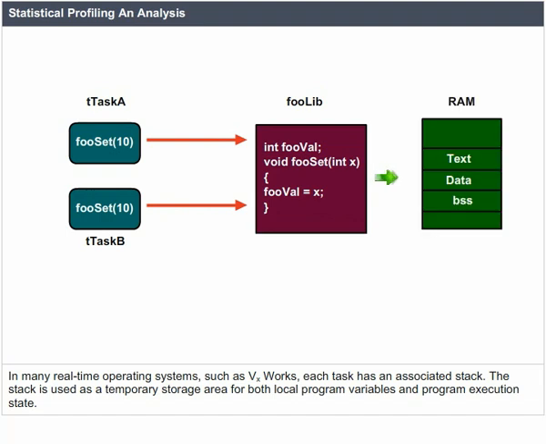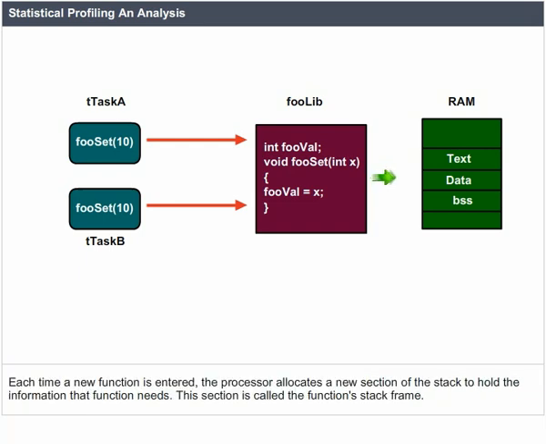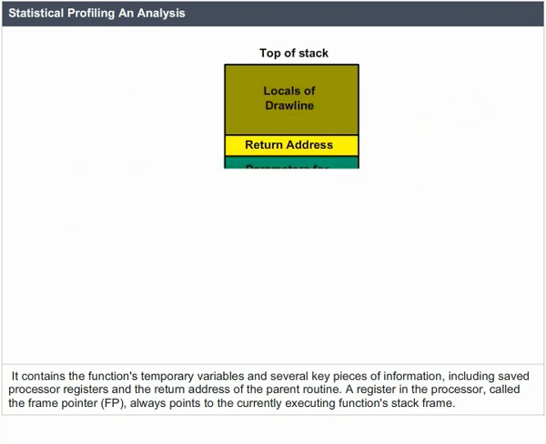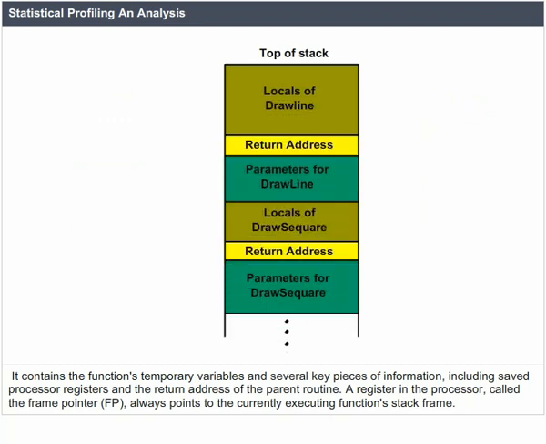The stack is used as a temporary storage area for both local program variables and program execution state. Each time a new function is entered, the processor allocates a new section of the stack to hold the information that function needs. This section is called the function's stack frame. It contains the function's temporary variables and several key pieces of information, including saved processor registers and the return address